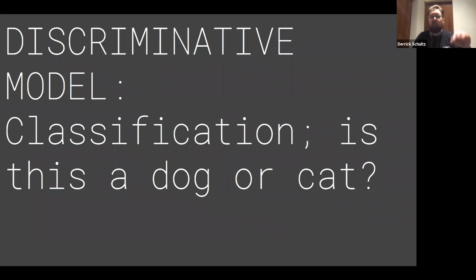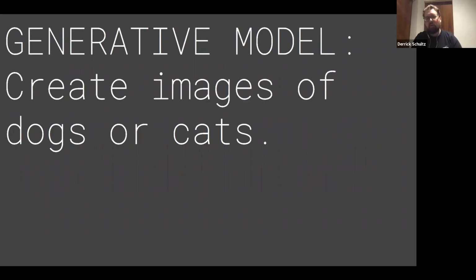So you will often see that people will do intros to machine learning and learn to make a model using classification. What we're going to talk about in this class is generative modeling. This is creating images of cats or dogs from other images of cats or dogs. And we won't just be doing cats or dogs, although I do promise we'll do at least one cat thing.